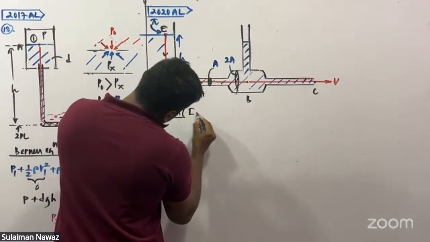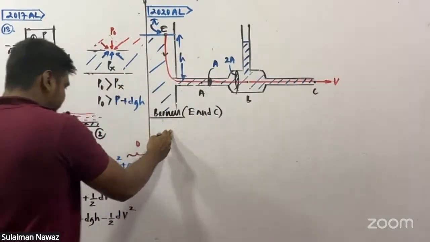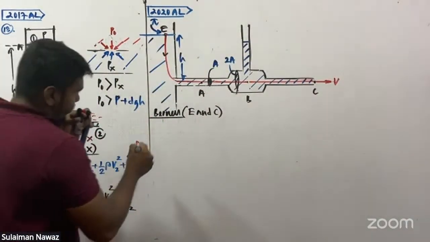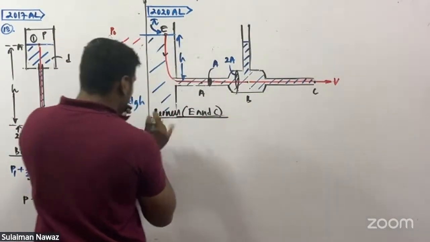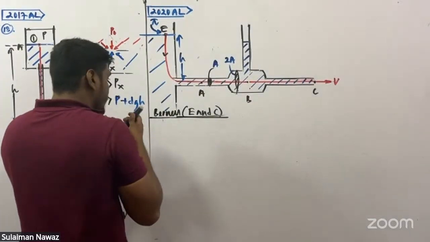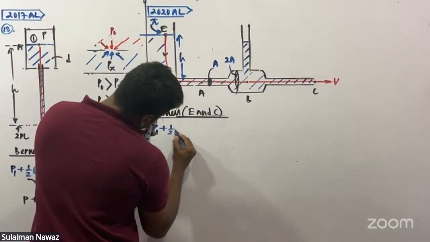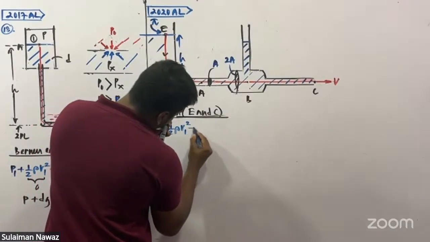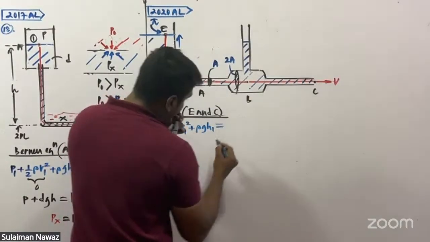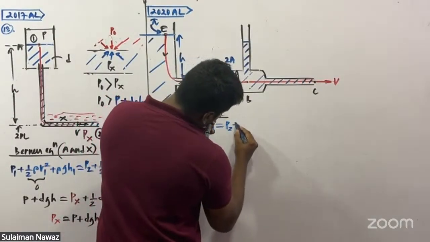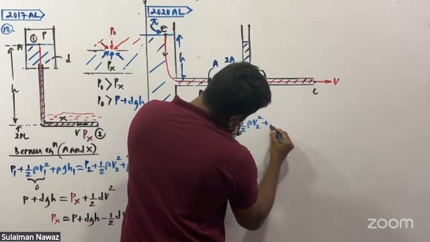Point E and C. Do I want to write this entire equation? Okay, write it down. Don't become lazy, Suleiman. You should be very active. Half rho V1 square plus rho G H1 must be equal to P2 plus half rho V2 square